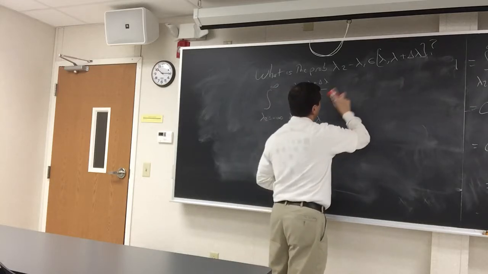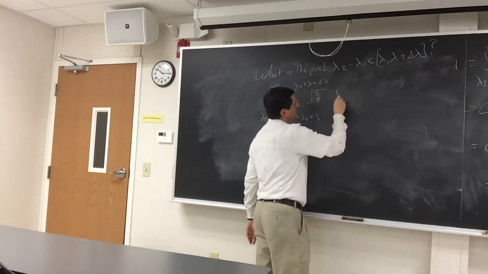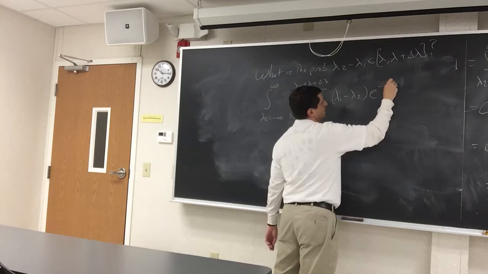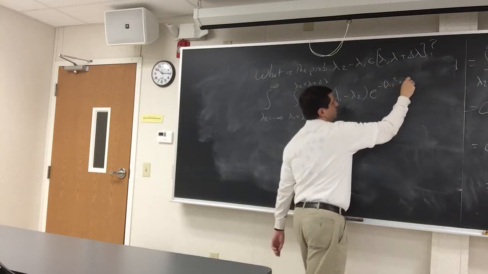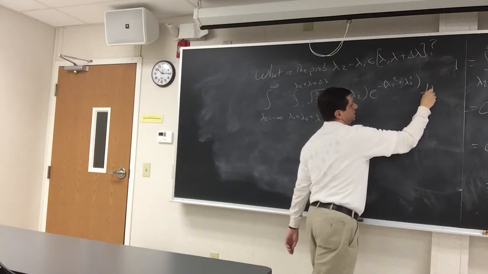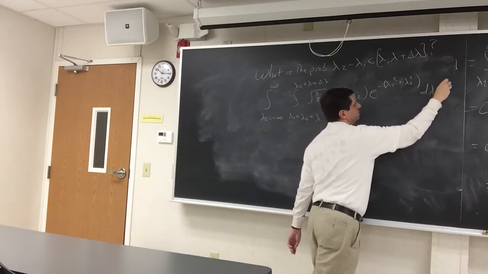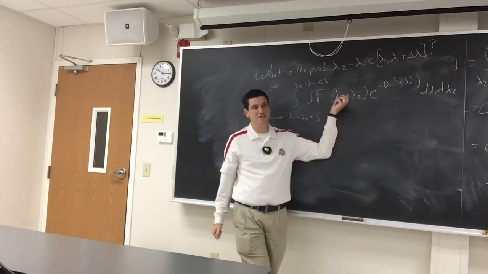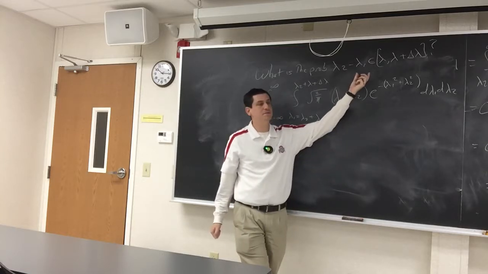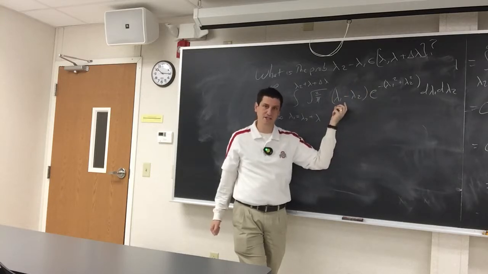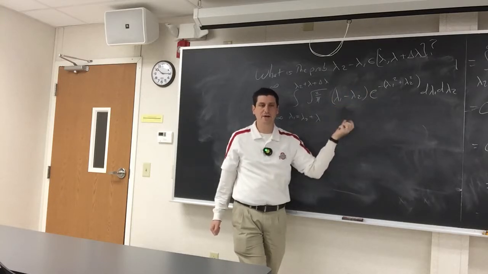Let me be a little bit careful. Let me just write it slowly. Lambda 1 minus lambda 2, e to the minus lambda 1 squared plus lambda 2 squared, d lambda 1, d lambda 2. So this would be calculating the probability that the difference is in lambda, lambda plus delta lambda. I then divide by delta lambda, take the limit as that goes to 0, and that will give me my